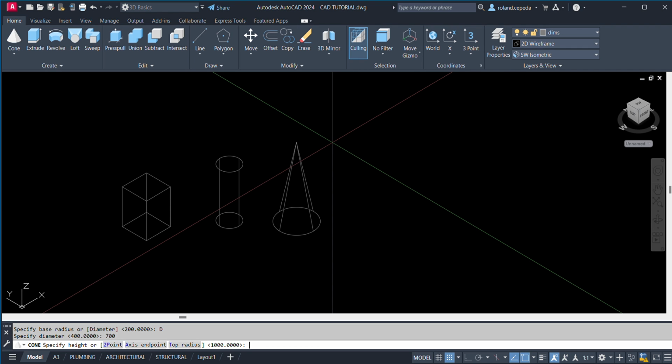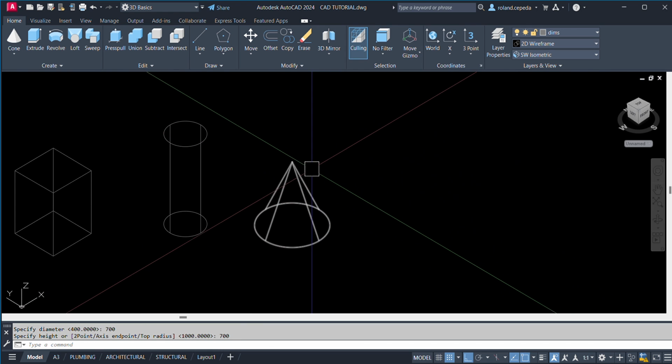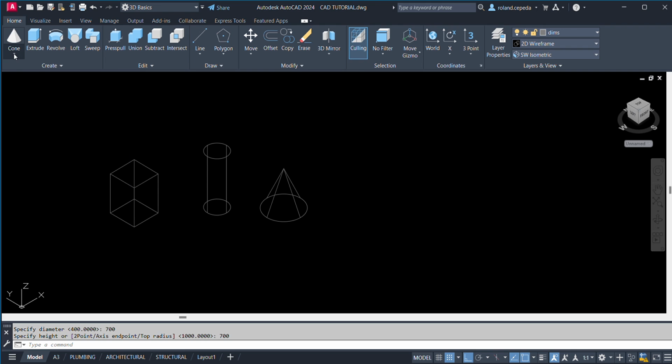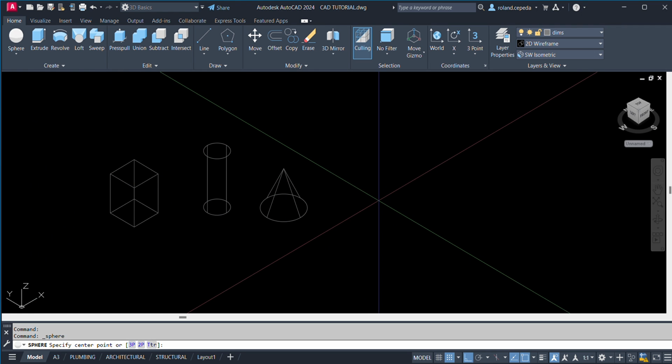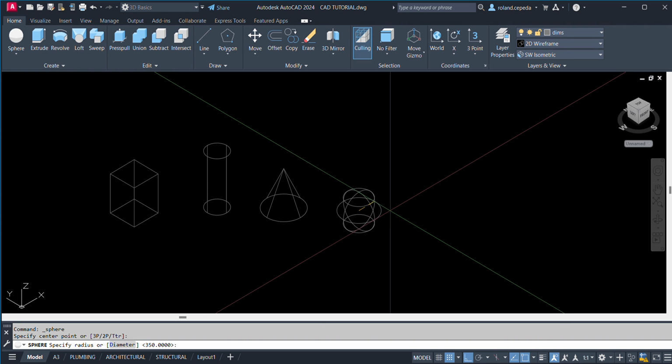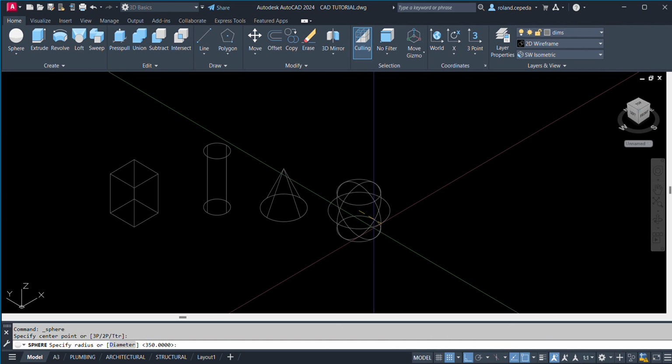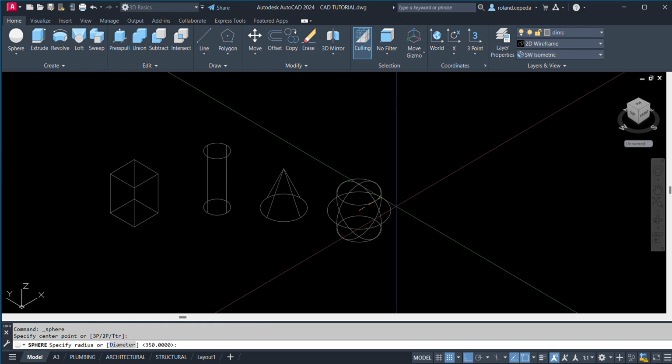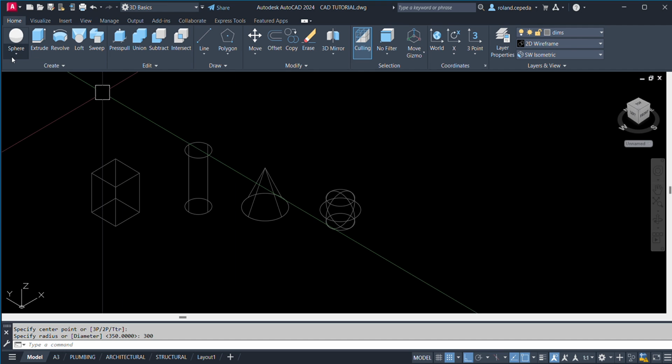Oh no, let us try 700, space. So there you go. You have now a cone. So let's add another, a sphere. Select sphere and then select center point and then specify radius or diameter. I'll just say radius, with a radius of 300, space.